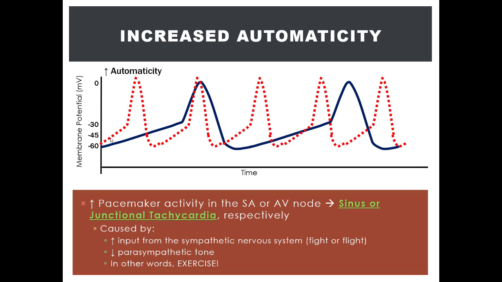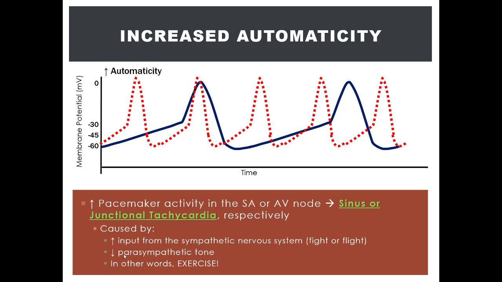This is also paired with the decrease in parasympathetic activity or tone. The parasympathetic nervous system suppresses SA node activity and thus heart rate. So when the parasympathetic activity, also known as parasympathetic tone, is reduced, the SA node activity and thus heart rate will naturally increase. So both of these changes, as you see in the first two bullet points, reflect the changes in the autonomic nervous system, which result in an increase in SA node activity and thus heart rate.